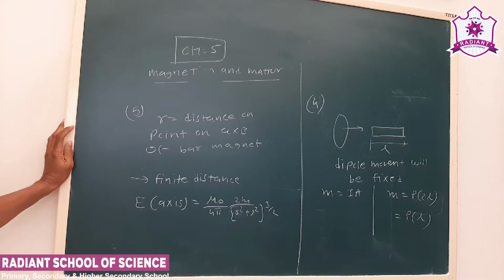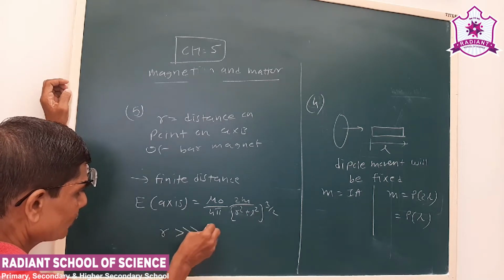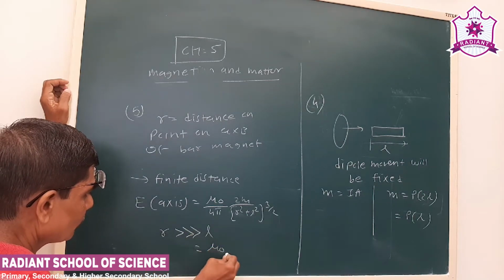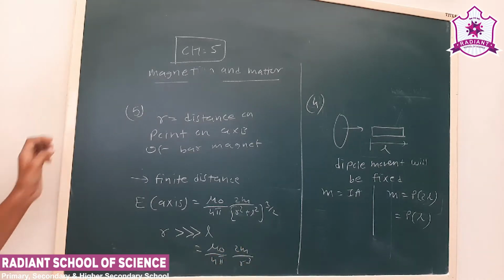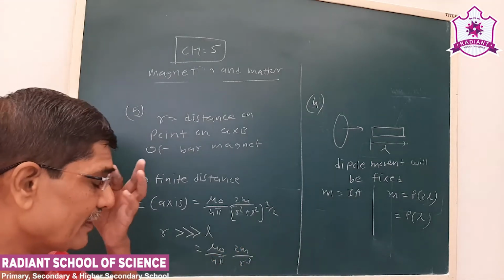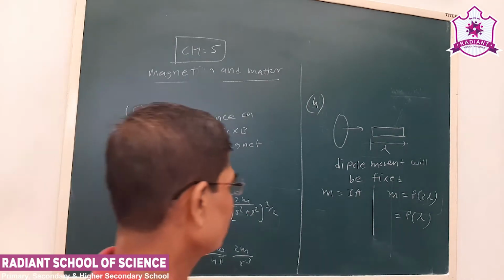L is the length, R is the distance. But if R is very large compared to L, mu 0.45. So if it is infinite distance, very large distance, it will be varying as 1 upon